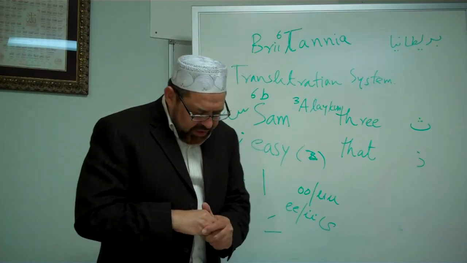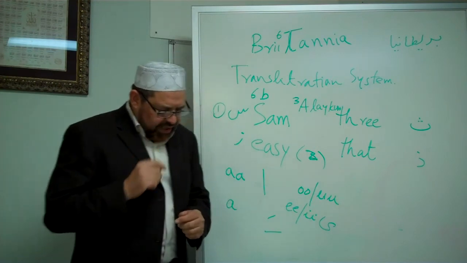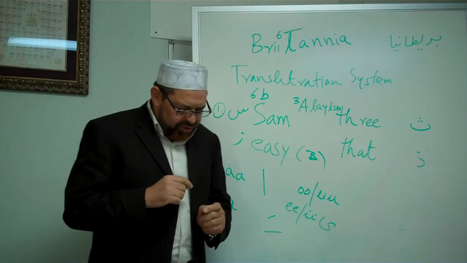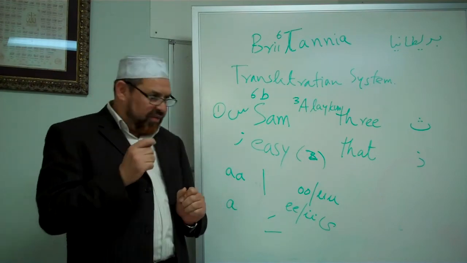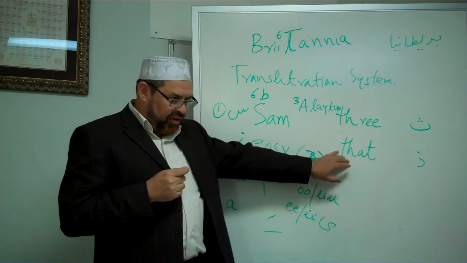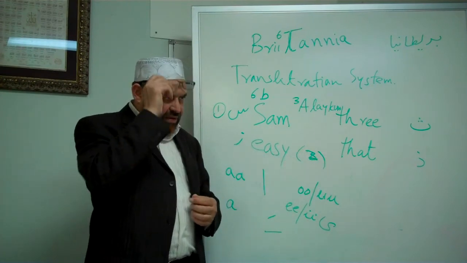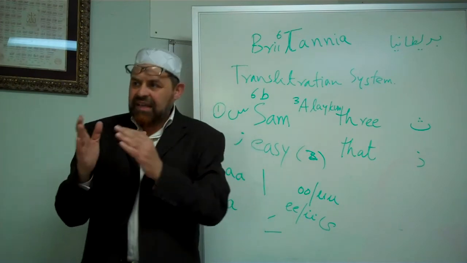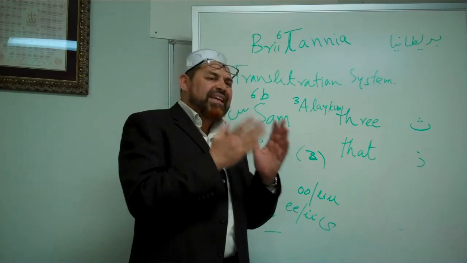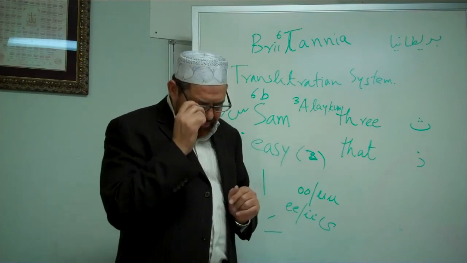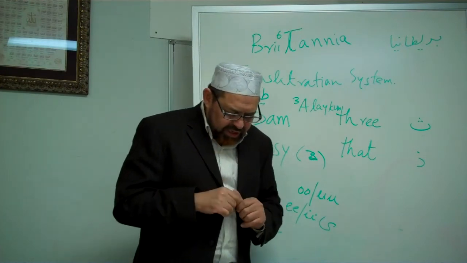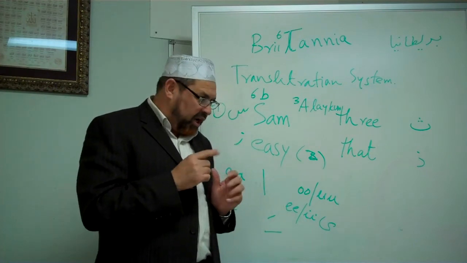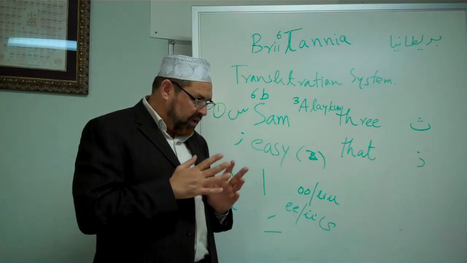Then we have the letter Dhal. It is a DH, and it will be pronounced like the TH sound in the word other or that, which we already have written over here. So it will be represented by DH, but pronounced like TH in that. Then we have the letter Ra, and it will be like the Spanish or Italian R. Ra, that sound.